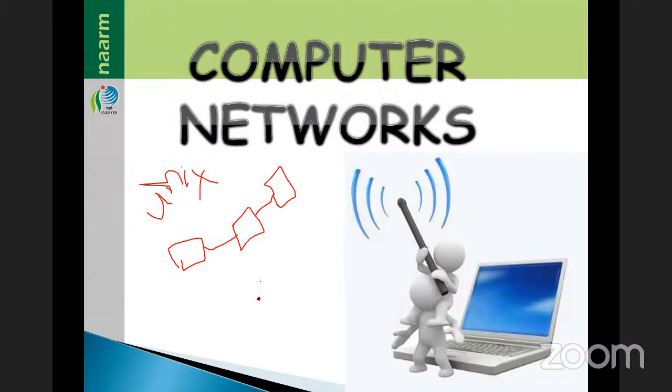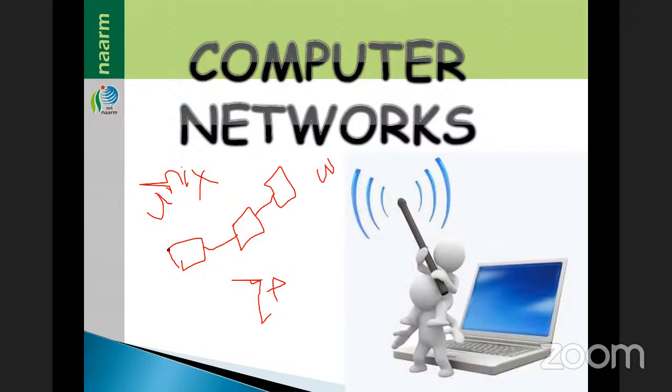For connecting, what is required? IP, Internet Protocol is required. Why are we connecting these computers? I want to share some information with all of them. Now we are using WhatsApp. If you put one piece of information, within a fraction of a second it reaches all the people in your contact. Like that, sharing the resources. What is a network? For sharing, we are connecting the computers.